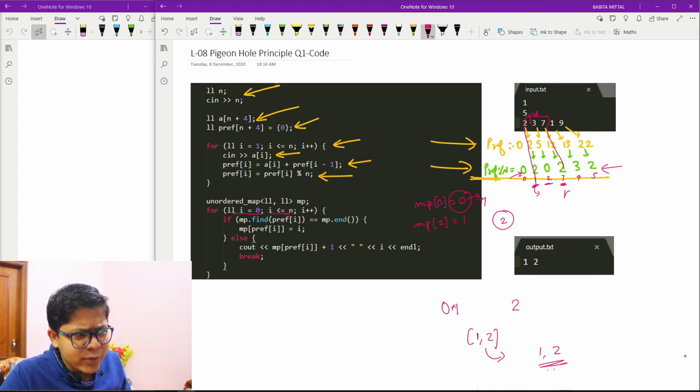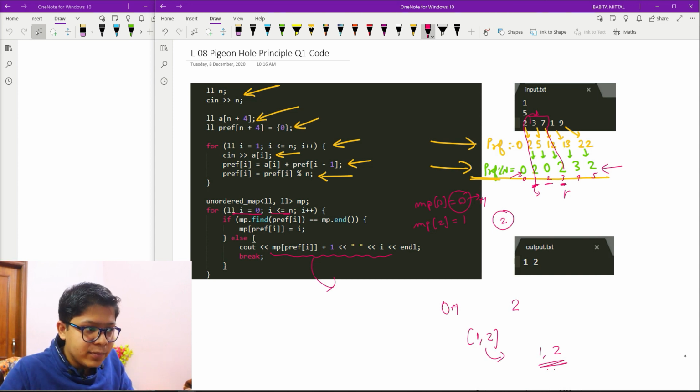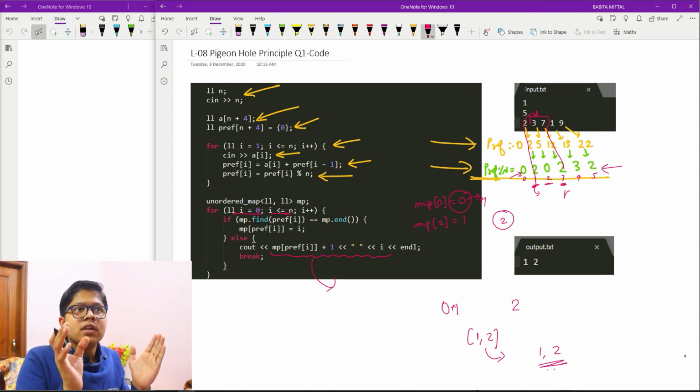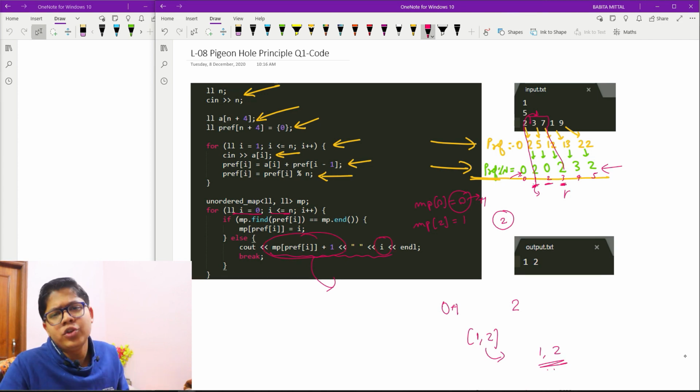Understanding? I'm doing the same thing here. Although in the problem you are asked to find the indexes, here I am just finding the range, right? You can also show the values, which means you can simply iterate from this value up till this value, but actually here I just showed you the range.